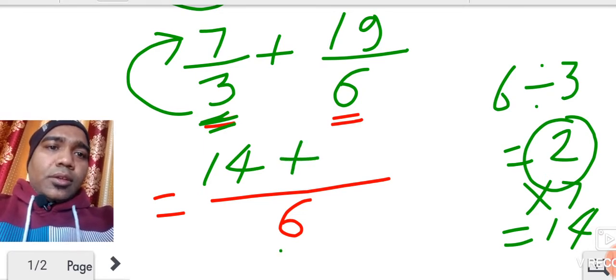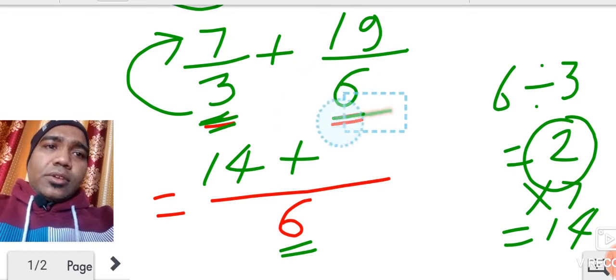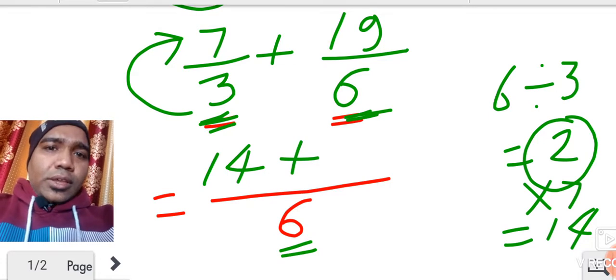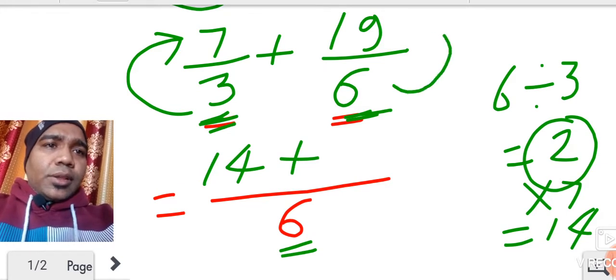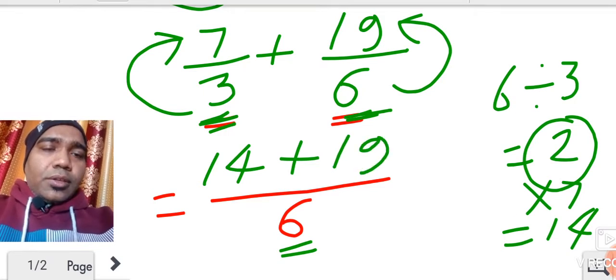Okay, now this 6, again the LCM, divide with the other denominator. 6 divided by 6, how much will you get? Any number divided by itself we get 1. So 6 divided by 6 will get 1, and this 1 will multiply with the numerator. 1 into 19 will get 19 only. Okay, now